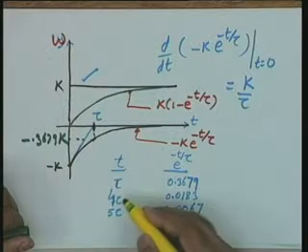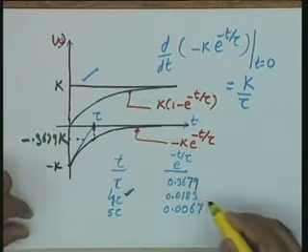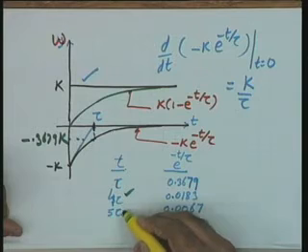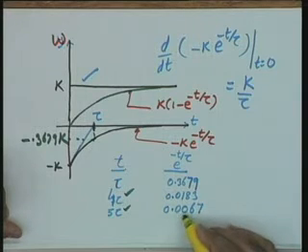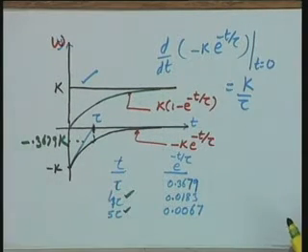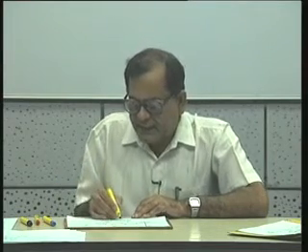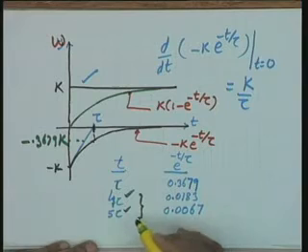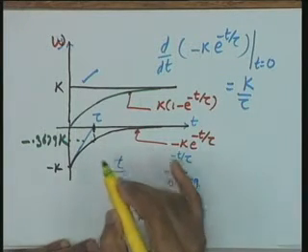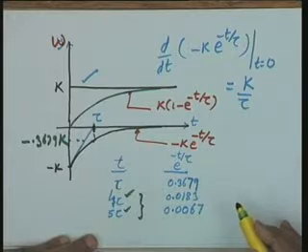Similarly, if I proceed and calculate at 4 tau, it is 0.0183. At 5 tau, it is 0.0067. So, you can say that in this particular situation, in a time roughly between 4 to 5 tau, where tau is a characteristic parameter of the system,